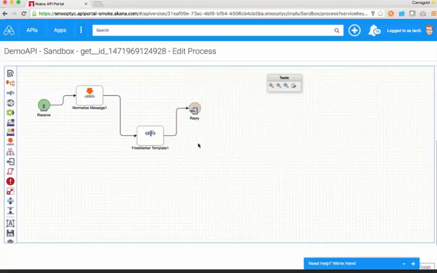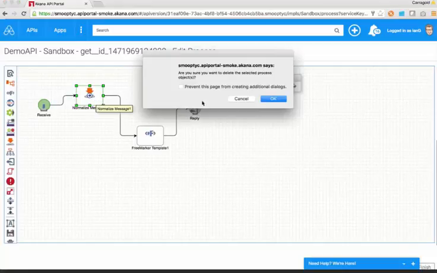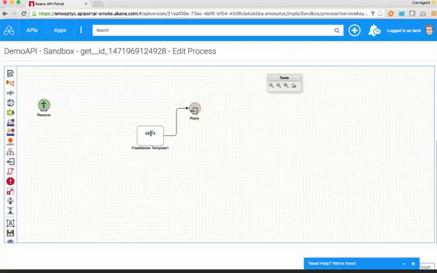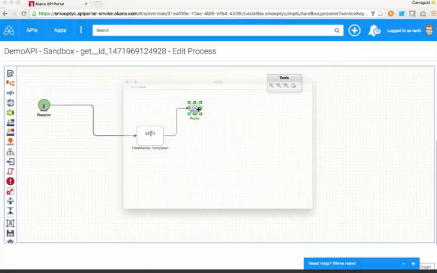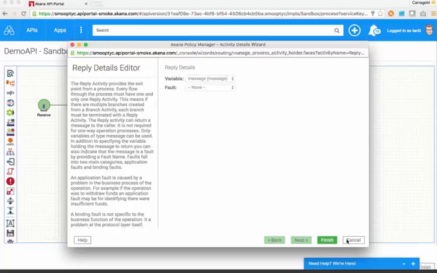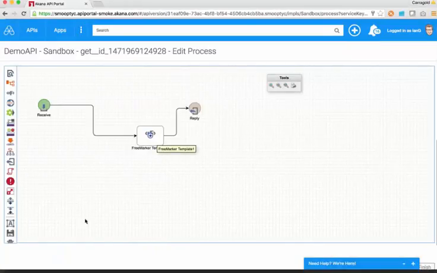Actually, you know what? Let me change that process just a little bit. I'm going to remove the normalization for now. We're going to build this thing up bit by bit. So I'm going to use FreeMarker, which is a templating language, to generate some static content. So we will generate static content with the content type of application/json, and we'll put it into the default message content that flows through the system. So if I look at my reply activity here, it's replying using the message variable, and that's the message variable that I just populated in this FreeMarker template. So I'm going to save that process